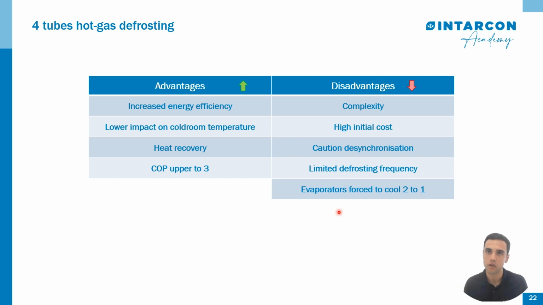On the other hand, disadvantages are complexity, requires additional components such as a reversing valve to divert the hot gas to the evaporator during the defrost, a higher initial cost. The installation of additional components may increase the initial cost of the system compared to the 3-tube method, and if this synchronization is omitted, less than 10% of the evaporators are allowed to defrost independently, the COP can become less than 1. For example, the penalty in power consumed by the compressor can be higher than the heat recovered for defrosting.